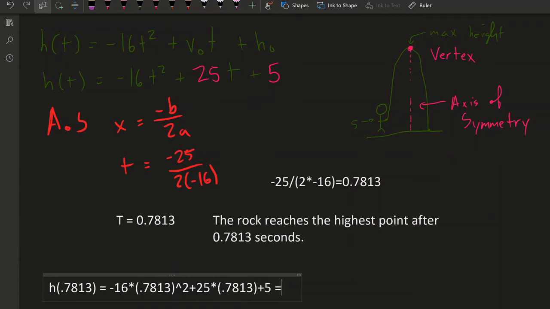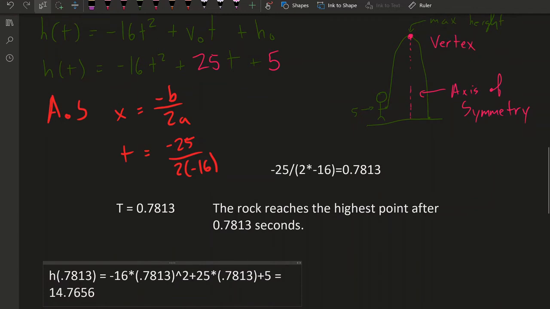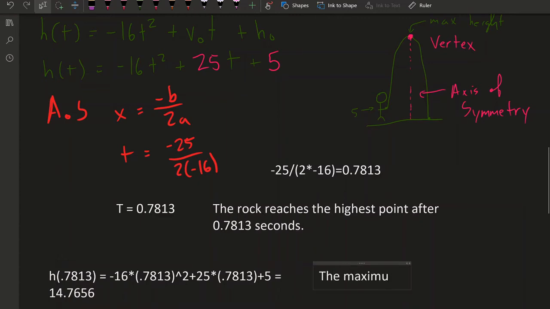And that is equal to 14.7656. And again, it's very important that we realize what this is. So in terms of our problem, the y-axis here would be feet. So answering in words, the maximum height is 14.7656 feet,